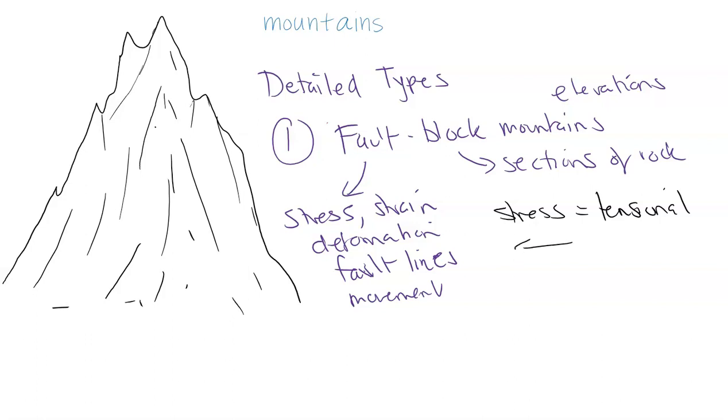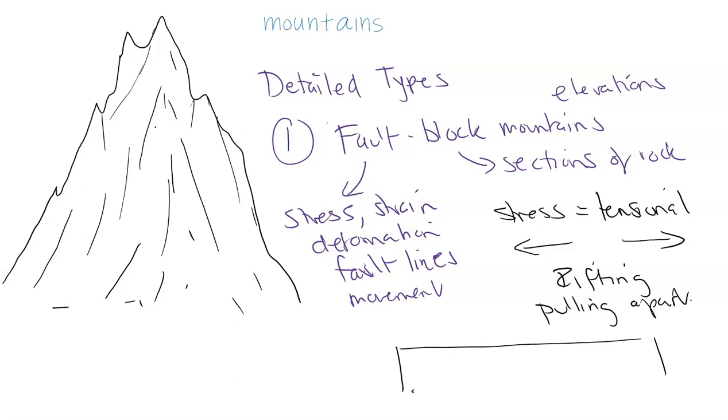So there's going to be pulling apart. So usually rifting is involved. For example, the East African Rift Valley will be involved. You have the rifting, which is the pulling apart of the brittle crust. So when that happens, there's going to be fractures occurring, and you have this consistent crust,